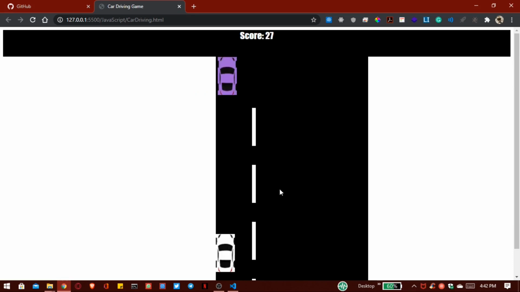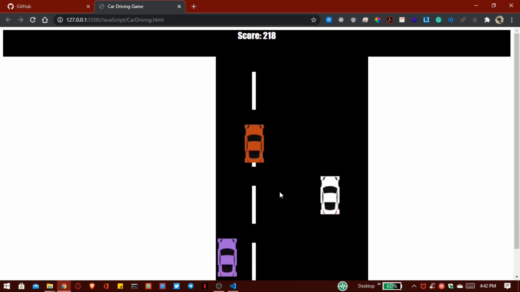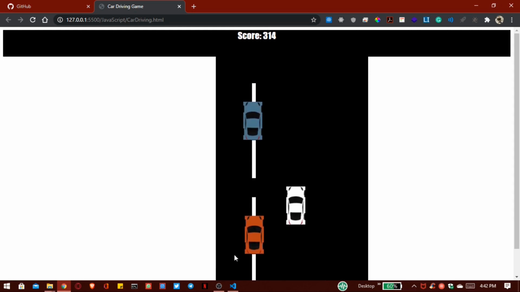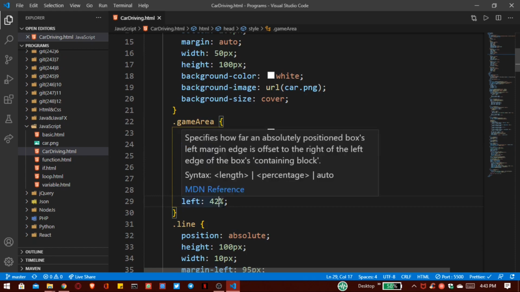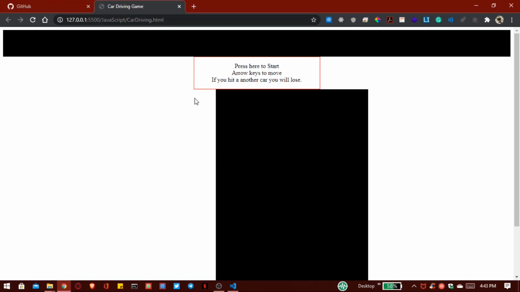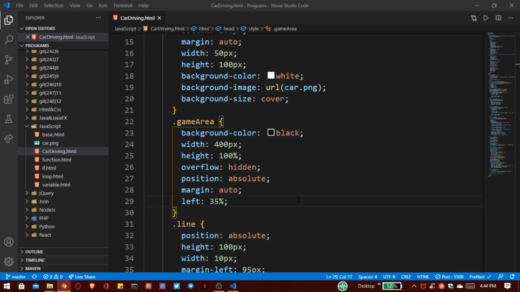You can see here our car is white, but our road functionality is changed, so we have to do some adjustment for that. First I want to decrease this left to 35 because this is not in the center. Now it is in the center.